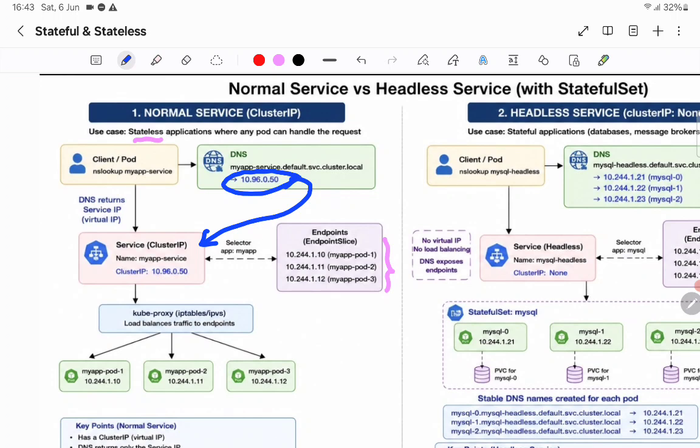Now when traffic hits the cluster IP, how does it come? Any pod or any client will have to access the application pods. Then what happens, the DNS comes into the picture, and it will translate this particular my-app-service.default.svc.cluster.local to a particular IP address, and this IP address is of the service cluster IP, the virtual IP address. And this